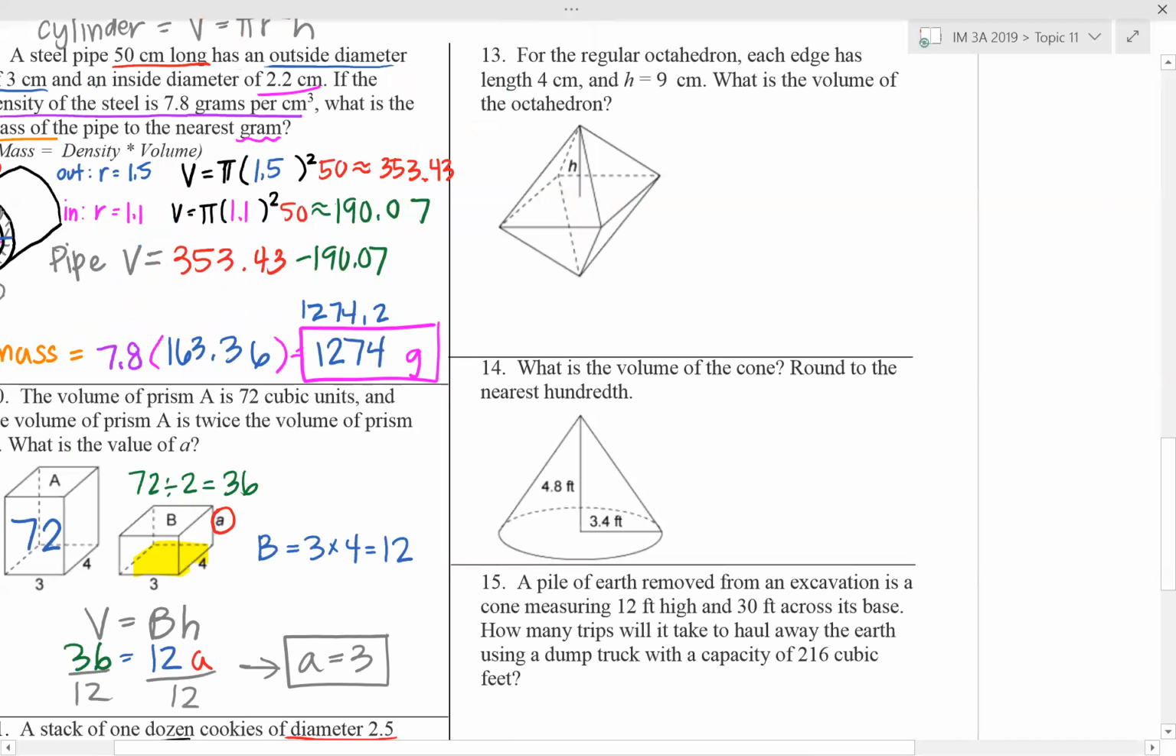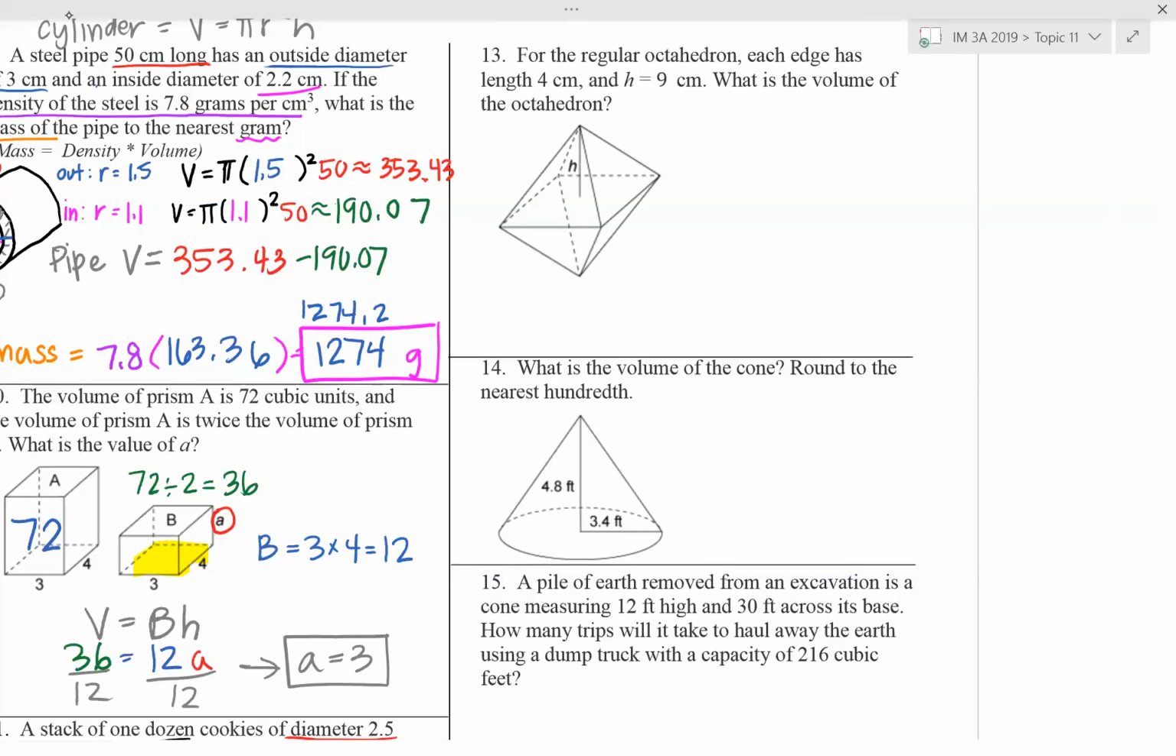Number 13 gives us a regular octahedron. It's called an octahedron because it has 8 triangles as its faces. It says each edge has a length of 4 centimeters, and h in the diagram is equal to 9 centimeters. What is the volume of the